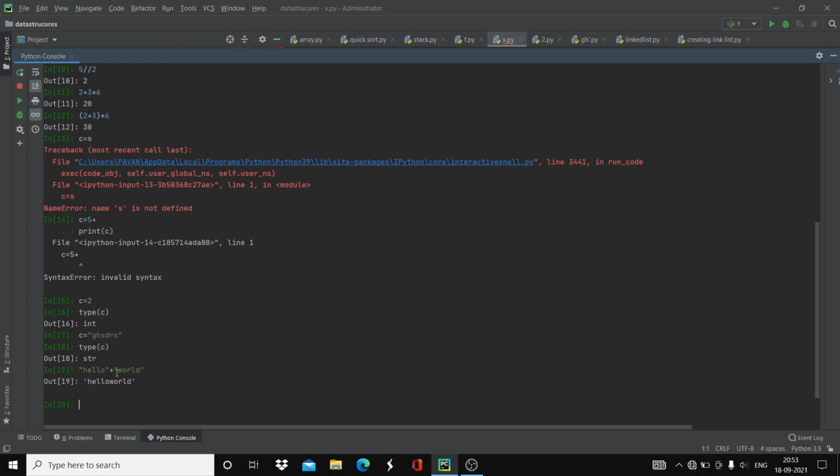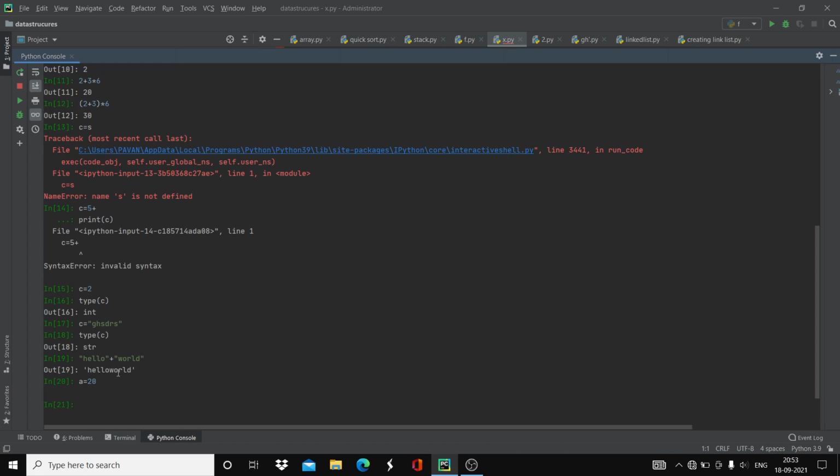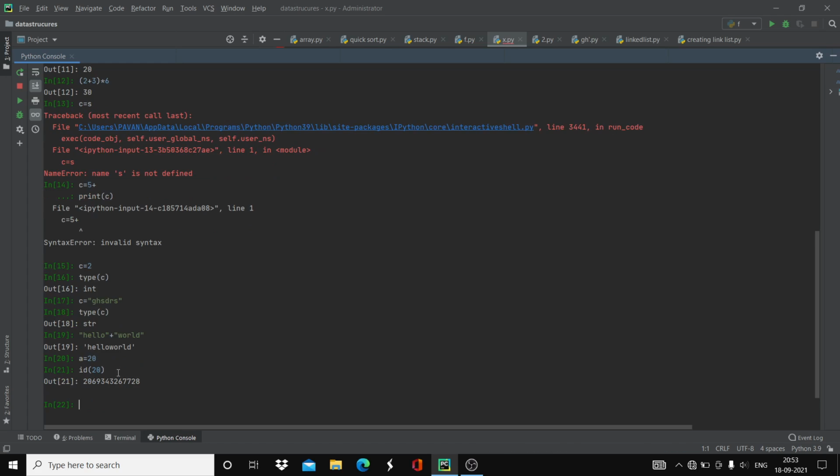Now let's say, for example, a is equal to 20. Now you want to know the address where the 20 is stored in the memory location. You can print it like this: id of 20. Now it printed the ID of 20 here, like 2069 something. For example, you want to change the value of a. Directly you can change a is equal to 10.